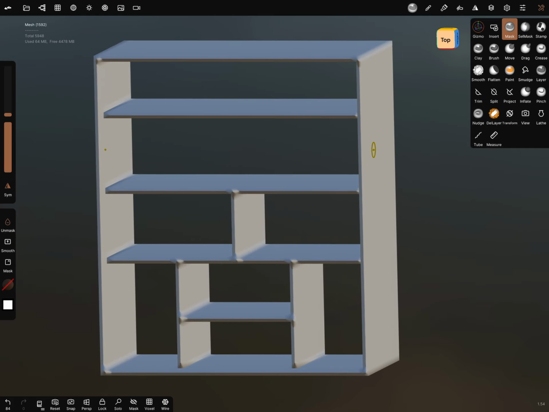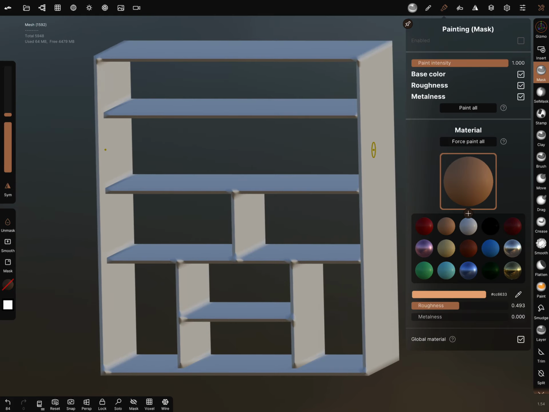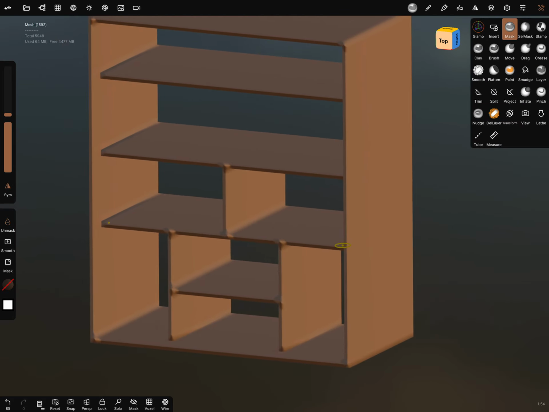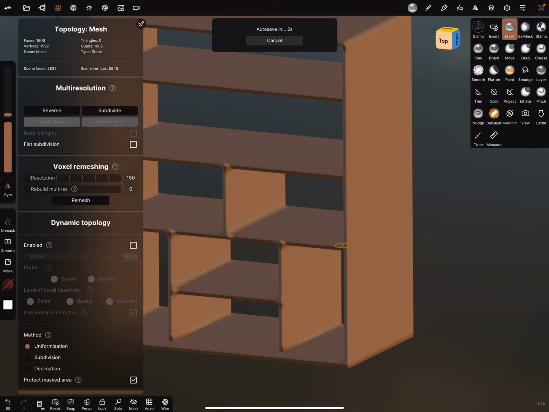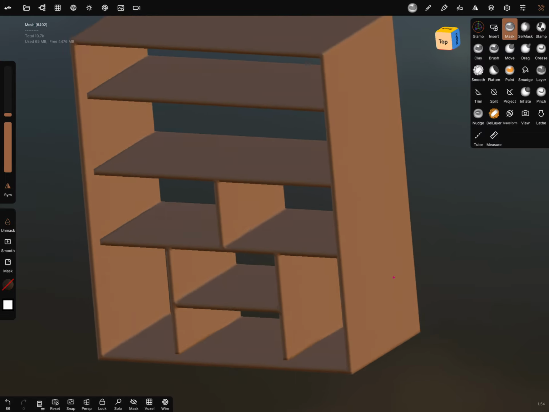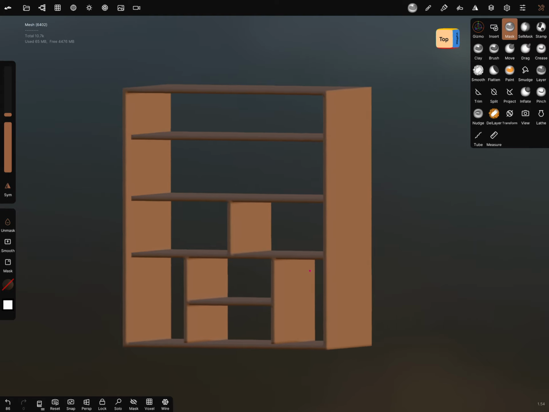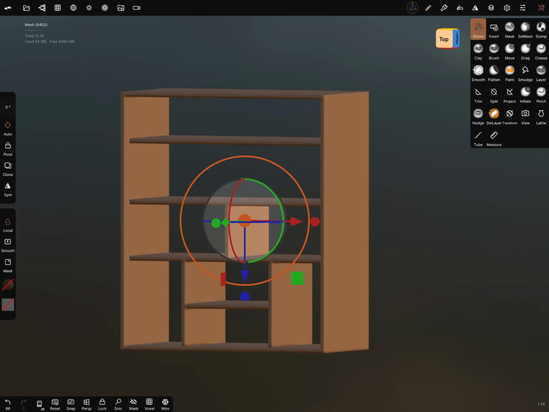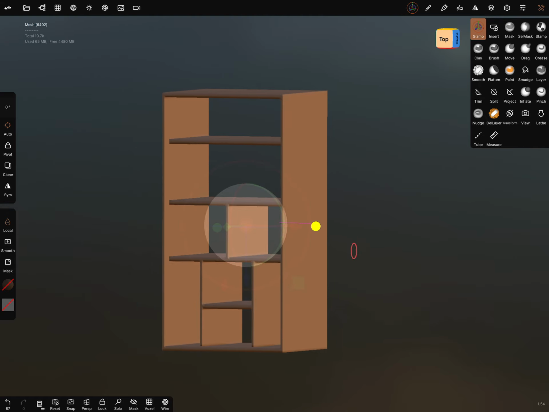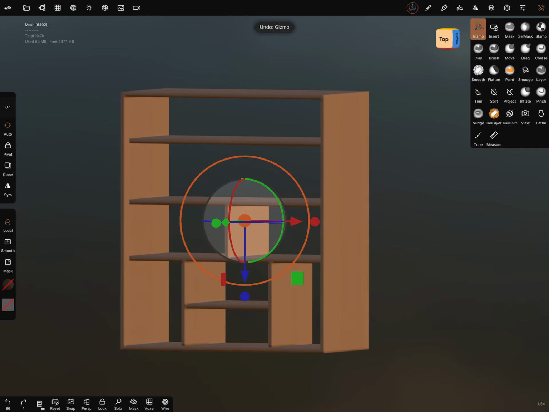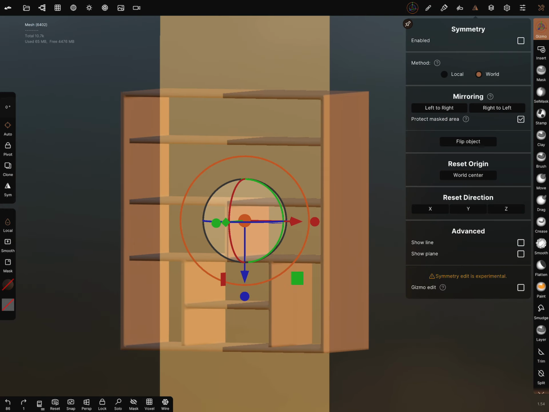Okay, I can turn the wireframe off, give this thing paint, and you can use flat subdivision to make the things a little bit clearer. When you use the gizmo, you can adjust the things a little bit, and when you turn on the symmetry,